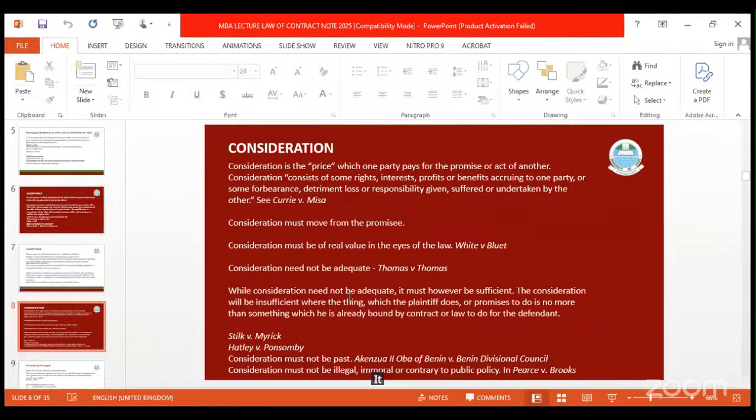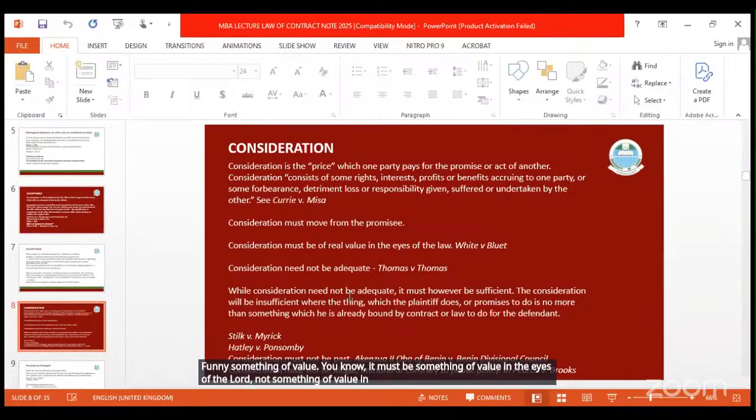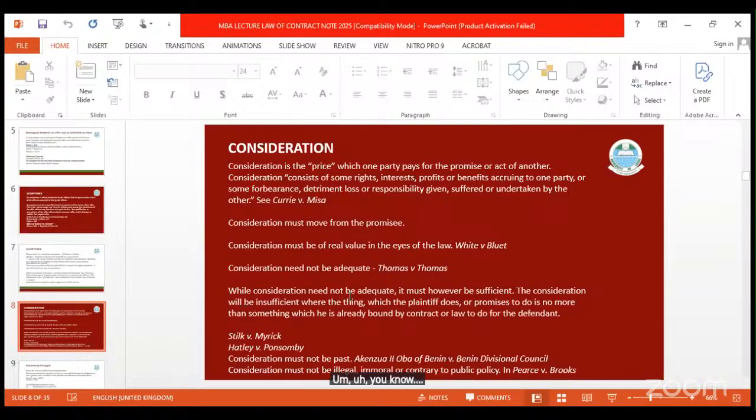The promisee is as good as the offeree, because contract is an exchange of promises. So if you exchange a promise and the contract is created, you still have to furnish something of value. It must be something of value in the eyes of law, not something of value in the eyes of the parties. What parties may think has value in law may not have value, like love and affection. It's been contended, whether love and affection constitutes a price for whatever benefit that one can derive from a contract.